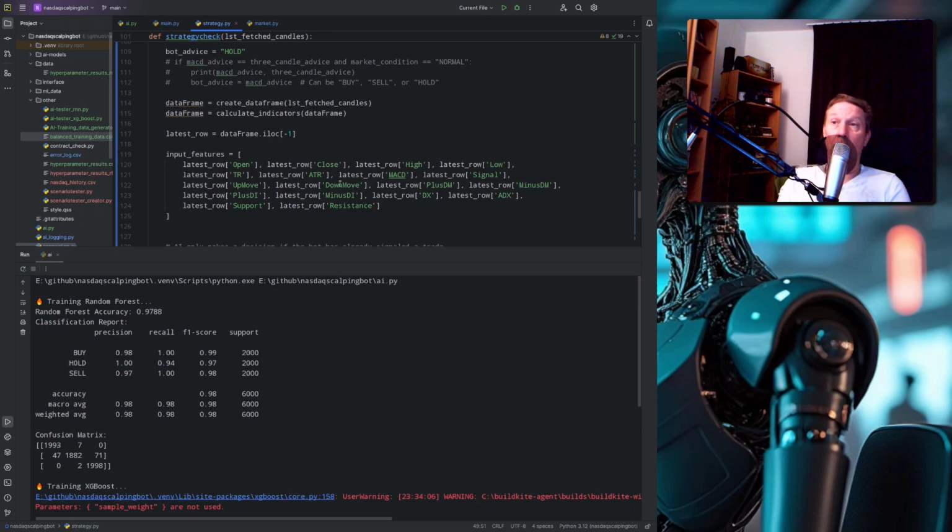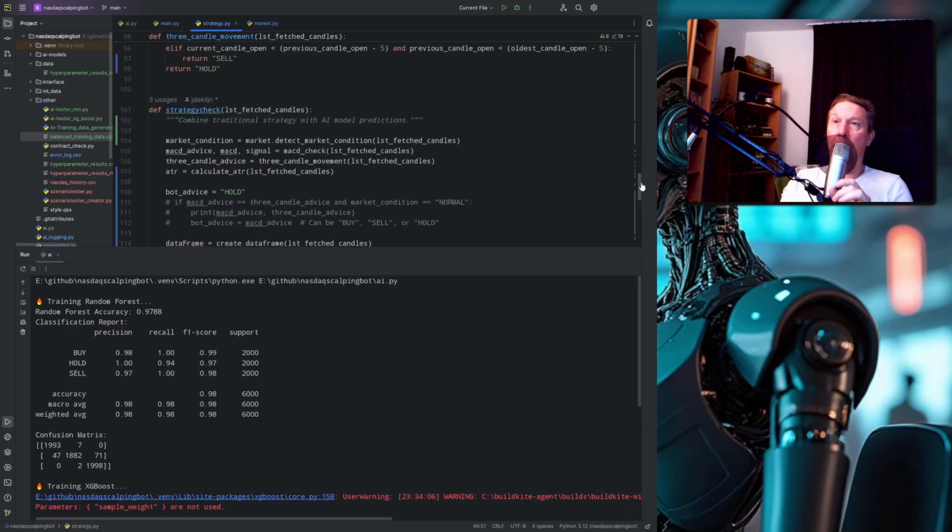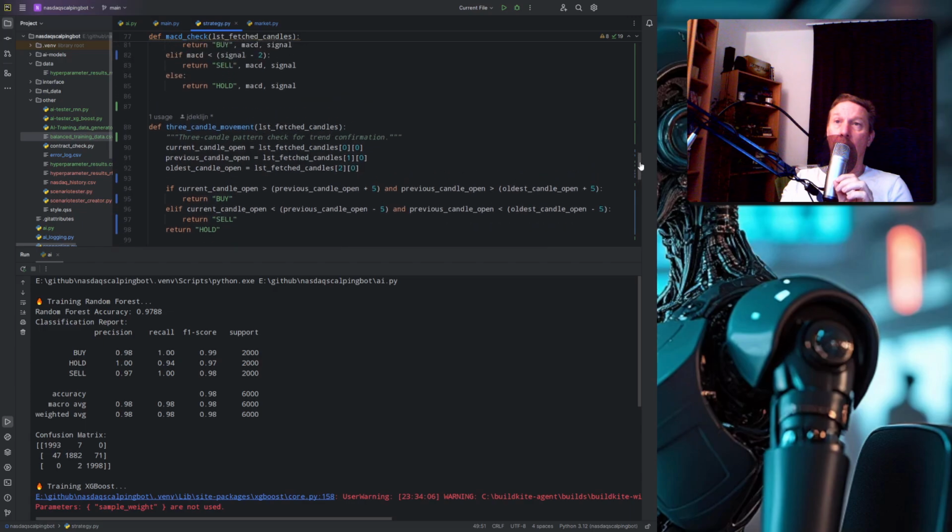That was the down move, the plus DM, the minus DM, the plus DI, and the minus DI, and the DX and the ADX. Never heard of them, but DeepSeek came to me with all these possibilities